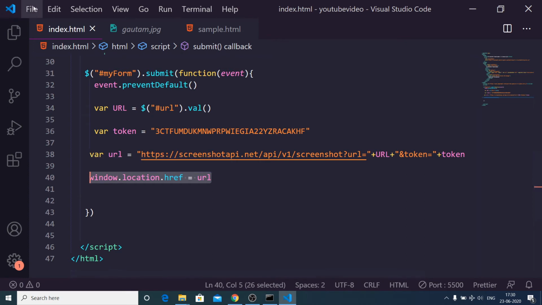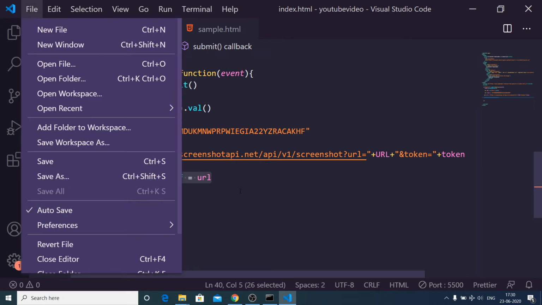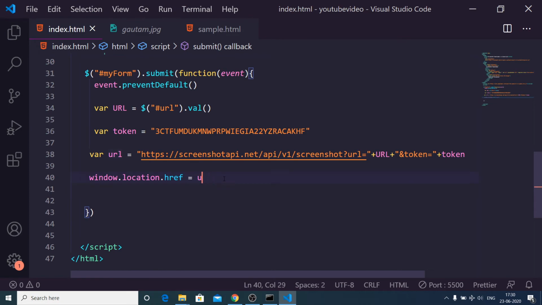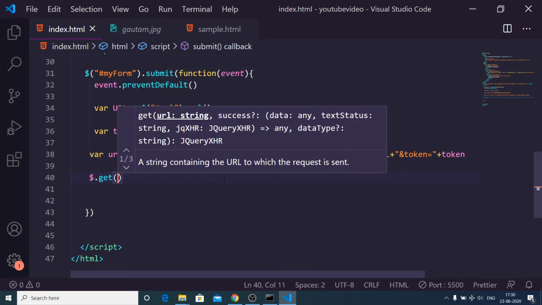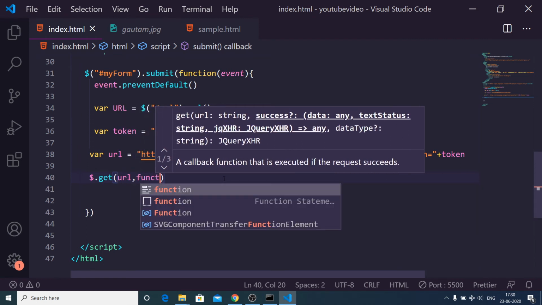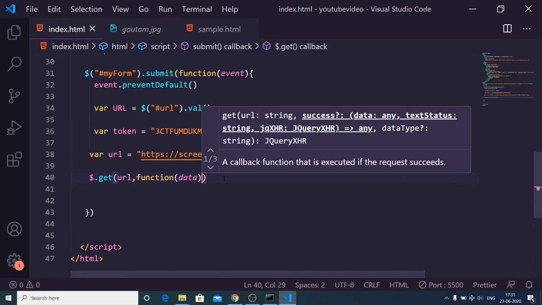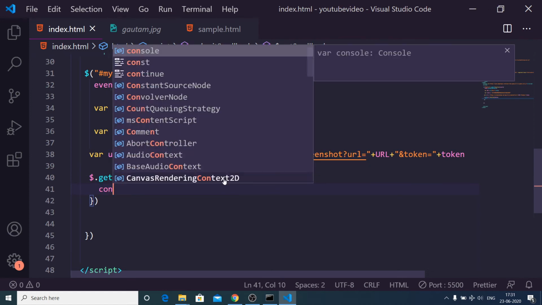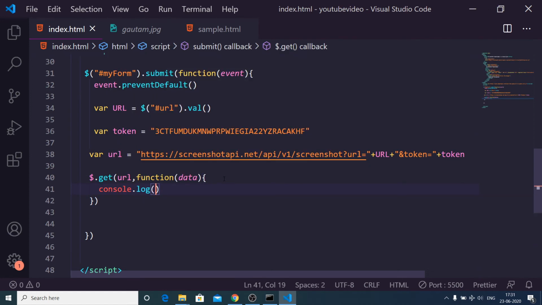Let me delete this. Instead we can do it like this, $.get. We can make a get request, and then this callback function will execute holding the data. We can console log the data.